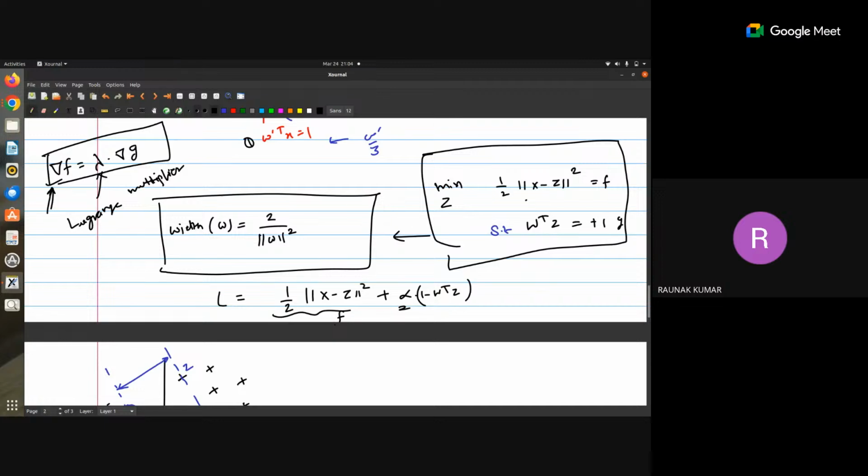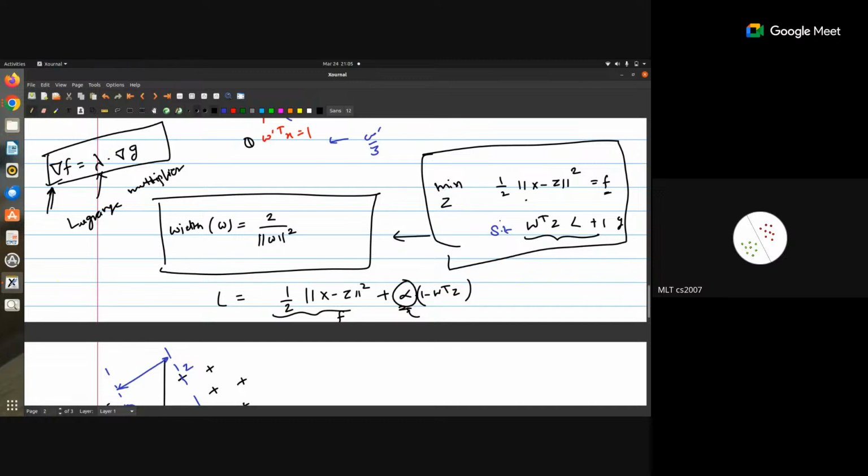So how it should be written is, you'll have to write your f first, and then you use some multipliers. These are called Lagrange multipliers. Then this is the constraint. For all the constraints, if you have multiple constraints, you will have to use, let's say, lambda one, lambda two, or maybe alpha one, alpha two. In this case, it is an equality constraint. If that is an inequality,